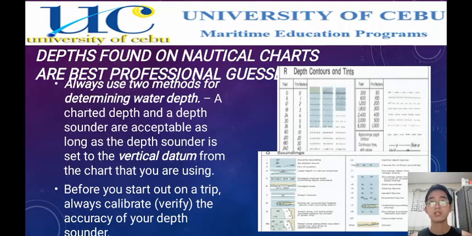Depths found on nautical charts are best professional guesses. Always use two methods for determining water depth: a charted depth and a depth sounder are acceptable as long as the depth sounder is set to the vertical datum from the chart that you are using. Before you start out on a trip, always calibrate or verify the accuracy of your depth sounder. And illustration shown